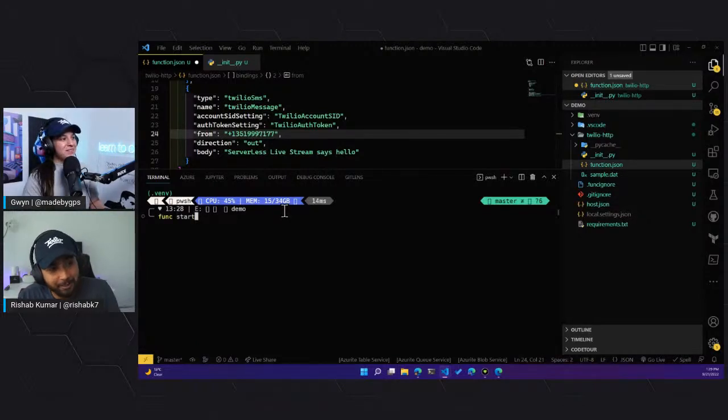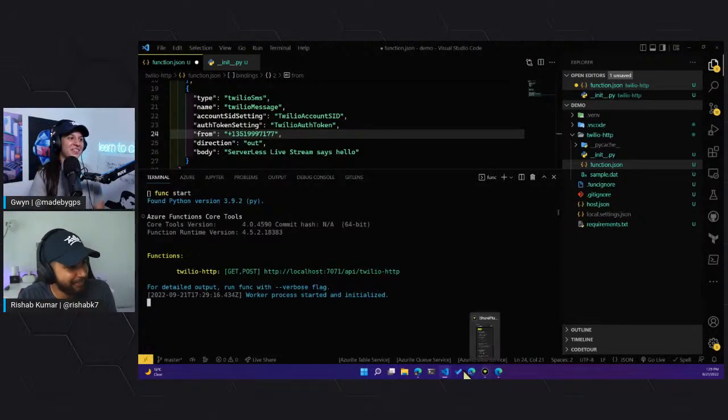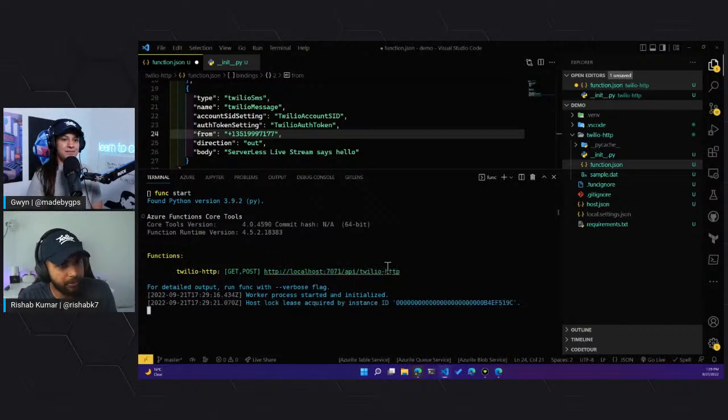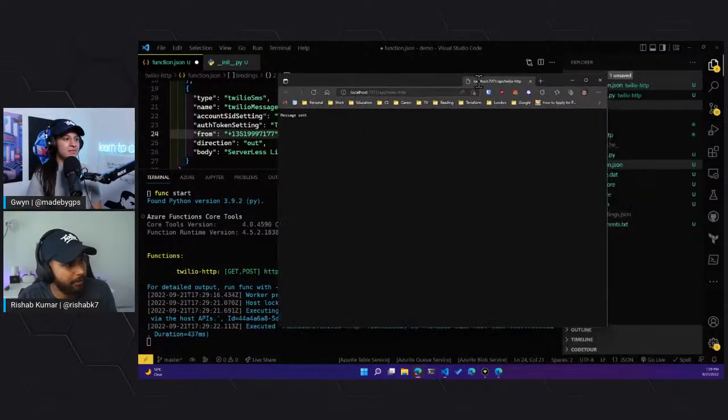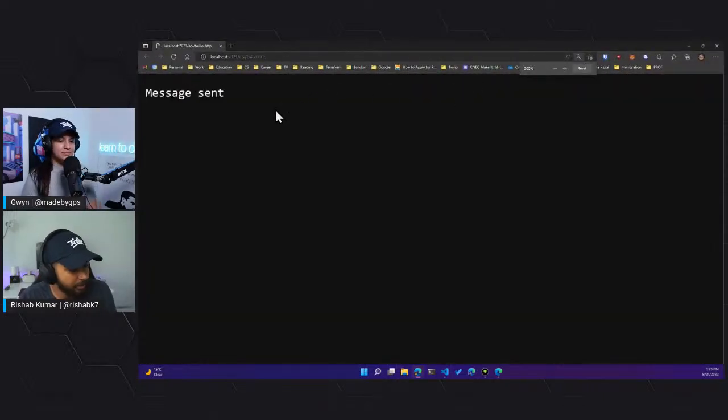Okay. Well, cool. If we deploy the Azure function and you start clicking the HTTP URL, it'll start sending me messages. So if we click that, it opens this, and if you can't see, it says message sent.